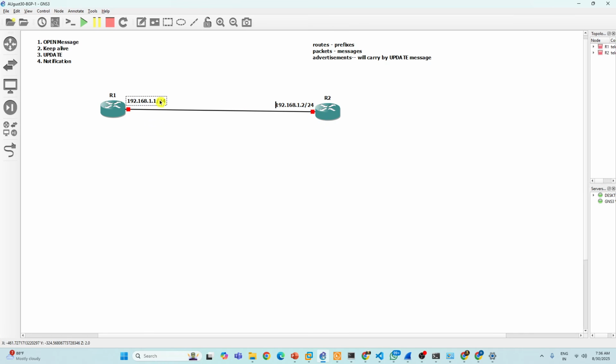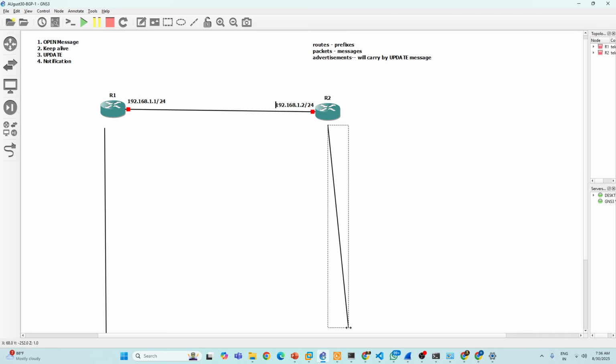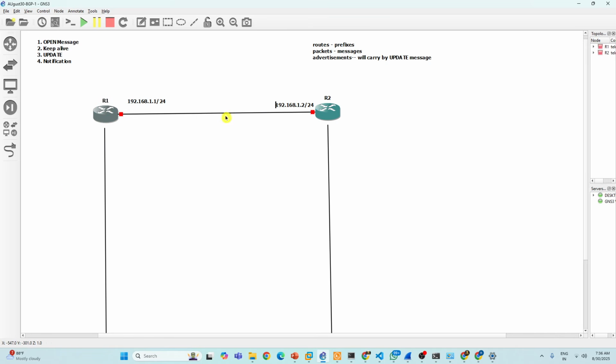This is two routers. They are connecting like this. This is 1.1, this is 1.2.